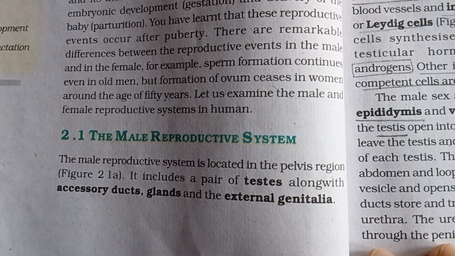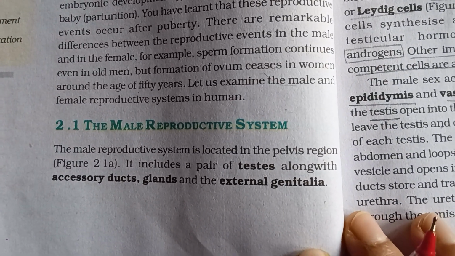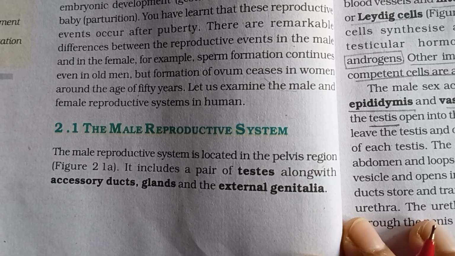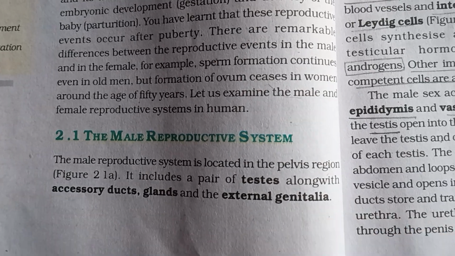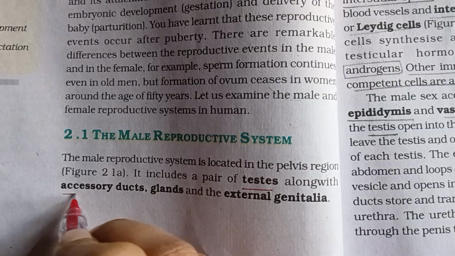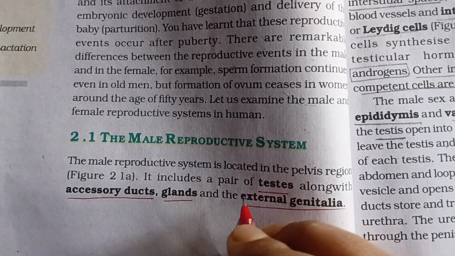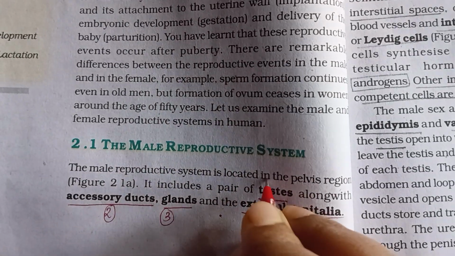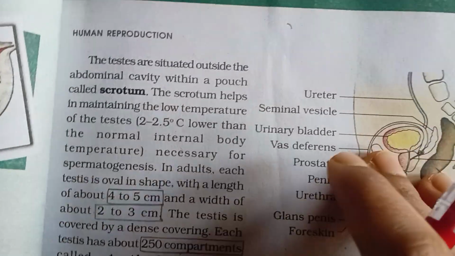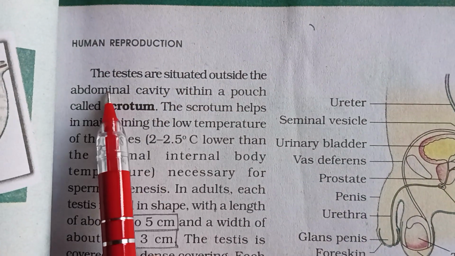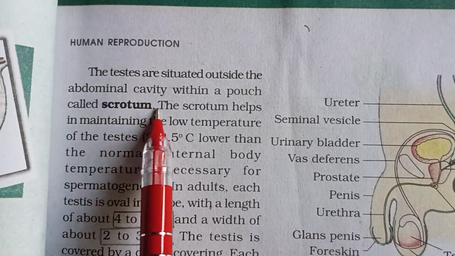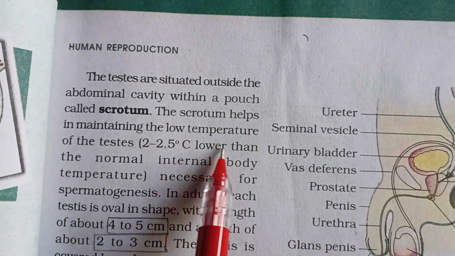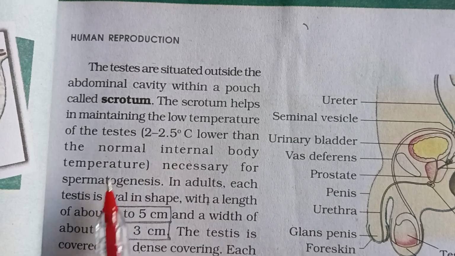So the male reproductive system is located in the pelvis region. It includes a pair of testes along with accessory ducts, glands, and external genitalia. The testes are situated outside the abdominal cavity within a pouch called scrotum. The scrotum helps in maintaining the low temperature of the testis, 2 to 2.5 degrees lower than the normal body temperature,